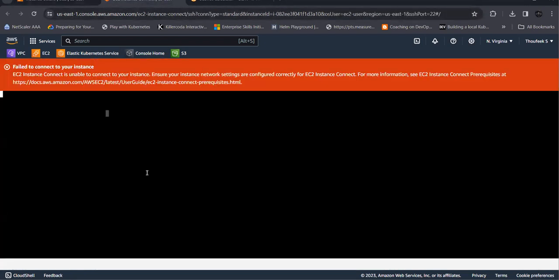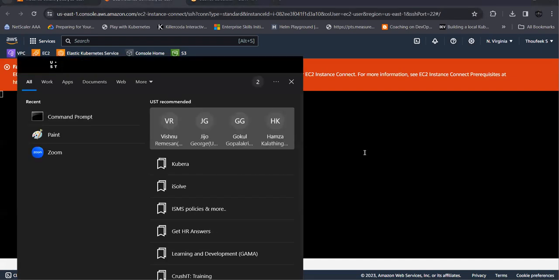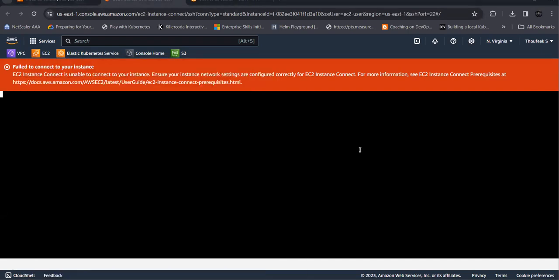There is an option, and that's the option I'm using. Remote connection means from my local machine to the virtual machine, using different ways. We can choose PuTTY, or my PowerShell, say command prompt. Using that way, we can connect to the machine using the PEM key and the IP address of the machine. In this way, we couldn't provide